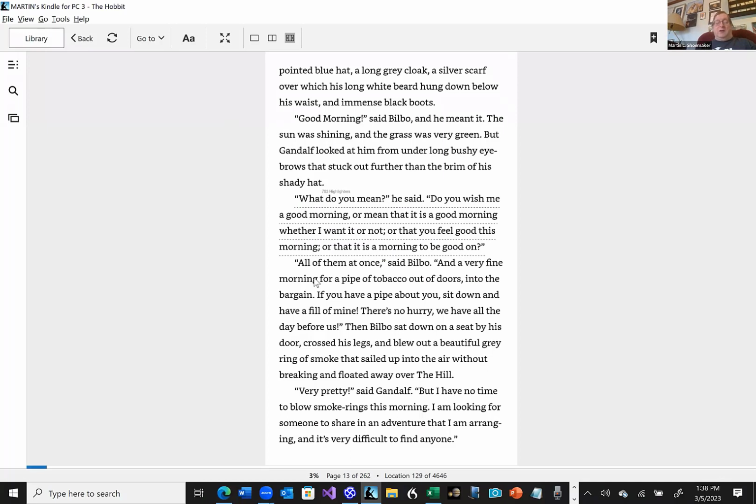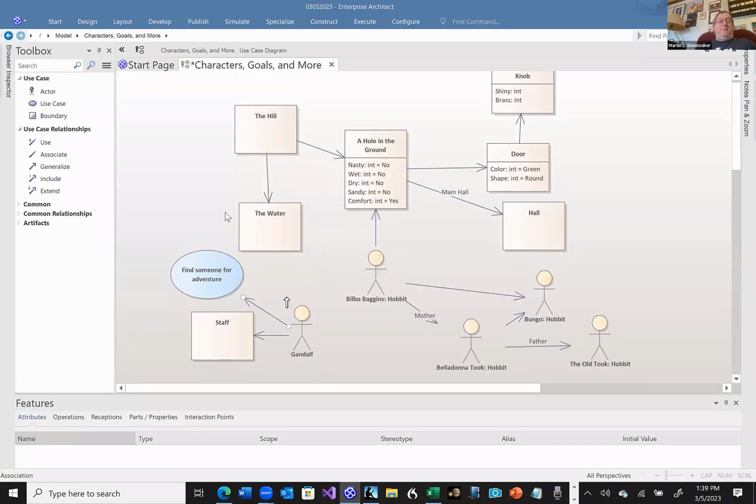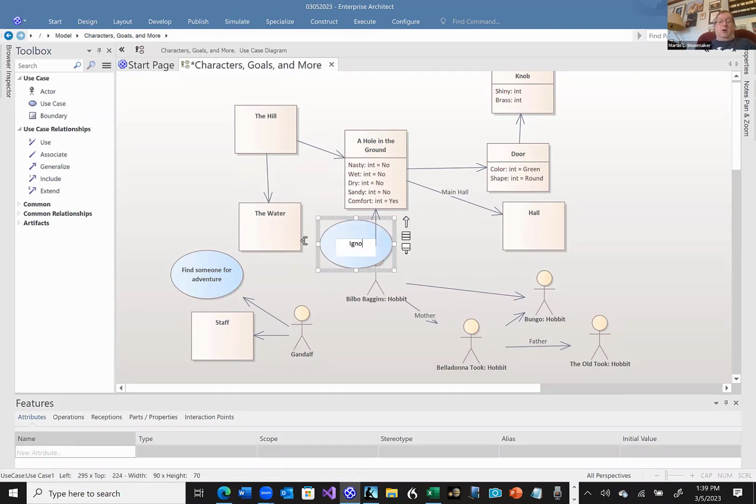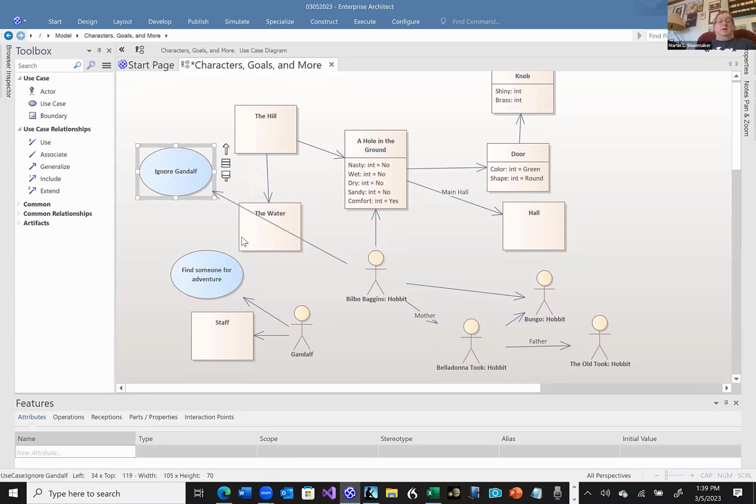All right. So Gandalf wants someone to share in this adventure, and it's difficult to find anyone. Bilbo basically explains to him why he thinks this is a really bad idea, and he starts to try to ignore this strange man. So Bilbo's goal is ignore Gandalf. Some of these things are definitely getting in the way. All right, so he's trying to ignore Gandalf,